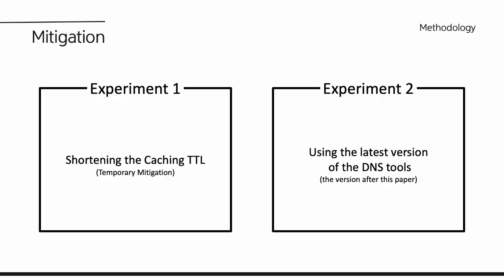Even if an attacker successfully injects unvalidated records, those records will expire quickly and be replaced with correct data from the authoritative server. This approach acts as a temporary but practical safeguard, helping to contain attackers' impact without requiring major